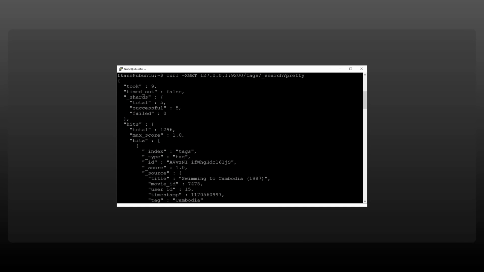So for example, we're using curl here to issue a REST request with a GET verb for a given index called tags, and we're just searching everything that's in it, and you can see how the results come back in JSON format here, and it's up to you to parse all this. So for example, we did get one result here for the movie Swimming to Cambodia, which has a given user ID and a tag of Cambodia. So if this is part of a tags index that we're searching, this is what a result might actually look like. So just to make it real, that's the sort of output you can expect from Elasticsearch itself.